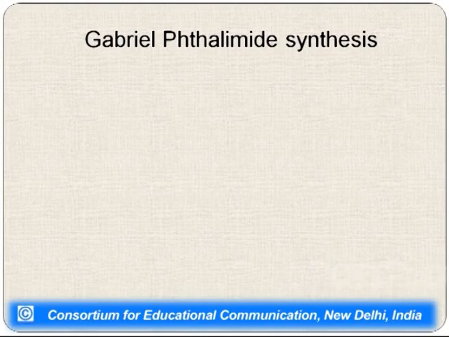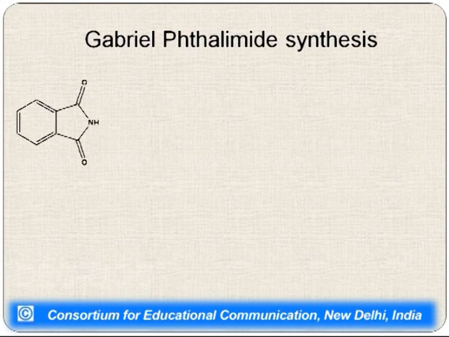Hello viewers, in today's session we would be discussing a few ways of the synthesis of alpha amino acid. Alpha amino acids may be synthesized in a number of methods, and we would be discussing the Gabriel Phthalimide synthesis first. So, you can look into the slide. The Gabriel Phthalimide synthesis of amino acid is the extension of Gabriel Phthalimide synthesis we use for the synthesis of